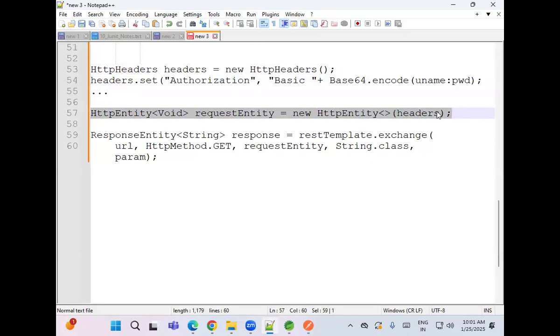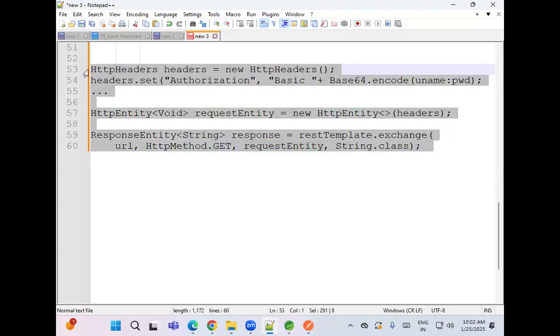If you want to send headers in the request, getForEntity will not work. You need to use a method called exchange. I want to send a GET request to this API URL with the request entity. What is there in the request entity? The header is available. So this is the approach you need to follow when you want to access a secured REST API